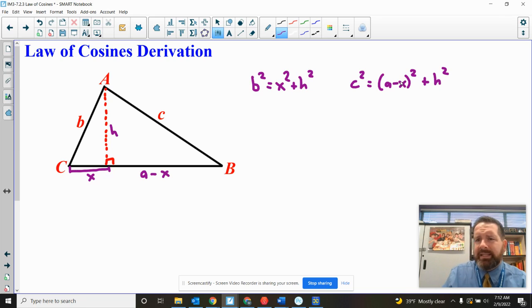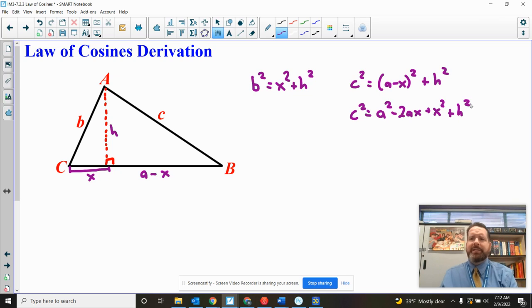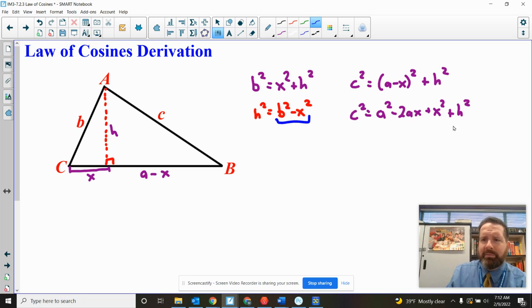All right, let's do some foiling. If you take a minus x and FOIL it out, you're going to get a squared minus 2ax plus x squared, plus h squared. Now a substitution is going to come into play. Let's solve this equation for h squared. Subtract the x squared over to the other side, and we get b squared minus x squared. Take this and replace it